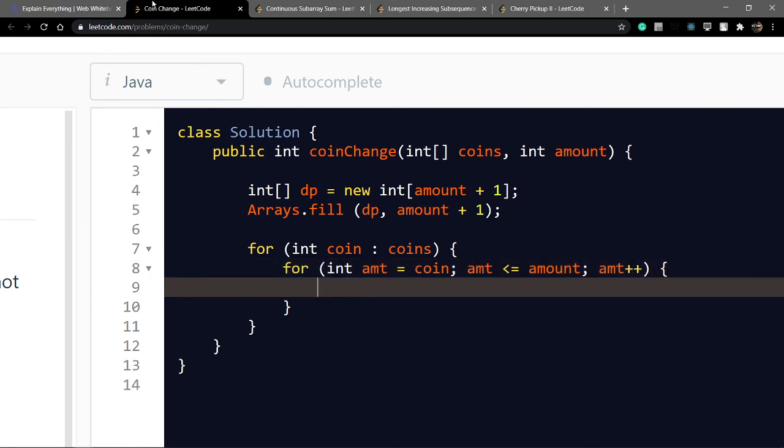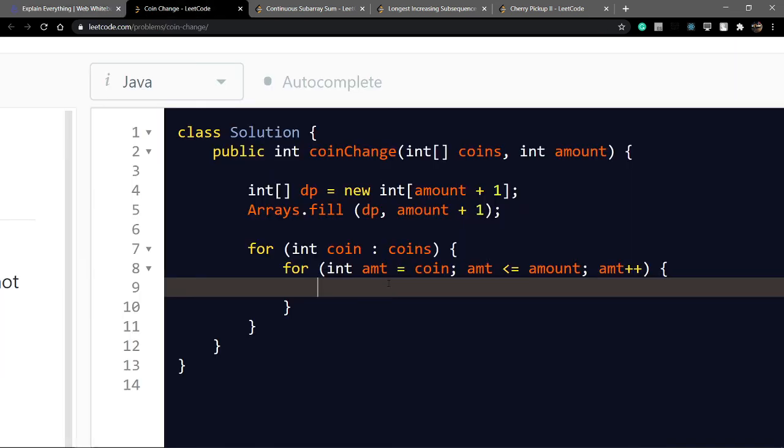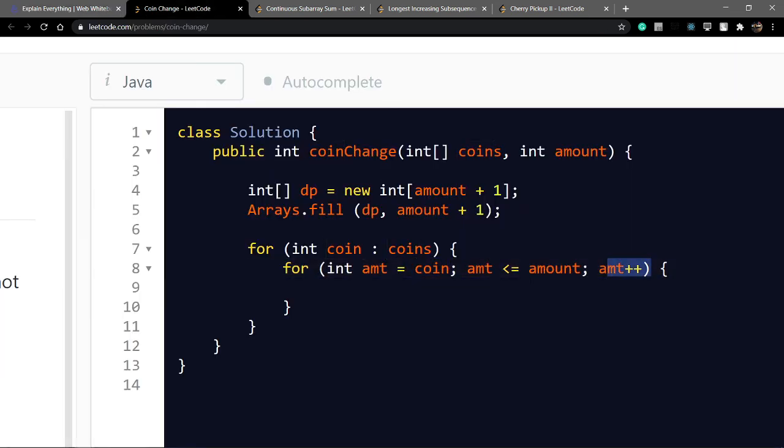Let's suppose I start with the second loop. Let's suppose the coin comes 5. So I start from 5 to the ending amount.